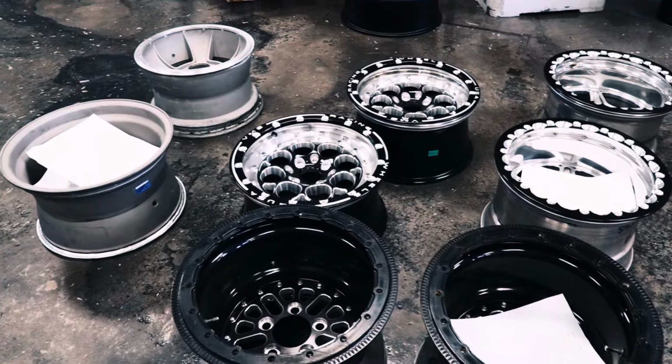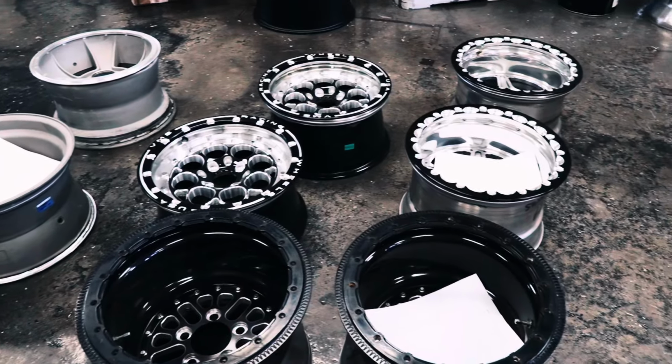And Tommy Kirk, who started MACFAB beadlocks, saw a niche market there to start beadlocking old and existing wheels. And it was kind of a side gig, man. He did it out of his shop back at his house and would just do it for his buddies, and kind of word of mouth got out. And as time went on and there became more of a need for that, they got a little shop here